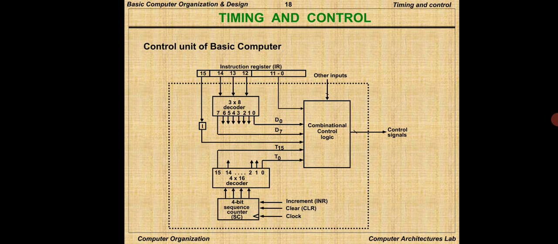An instruction register consists of a total of 16 bits. Out of those 16 bits, 12 bits are used for addressing, and the next 3 bits give the information about which instruction is being performed, whether it is doing the complement form, whether it is comparing, or doing something else. That will be done using the next 3 bits, that is the 12th, 13th and 14th bit.